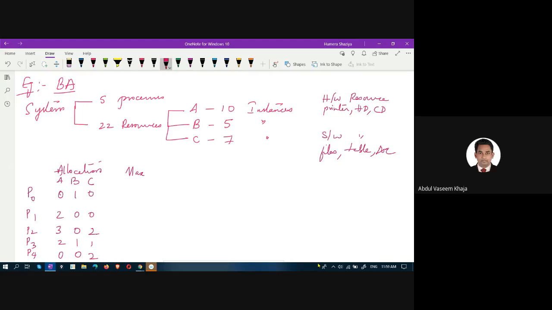And these are P0, P1, P2. These are the processes running in the system. Because there are 5 processes, their numbering begins at P naught and therefore it ends at P4. So essentially, you have 5 processes running in the system. Actually, these are all competing processes.